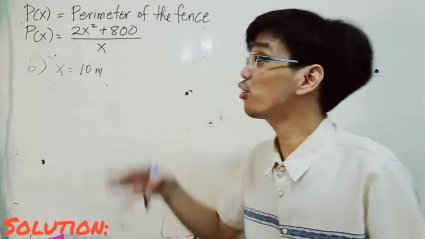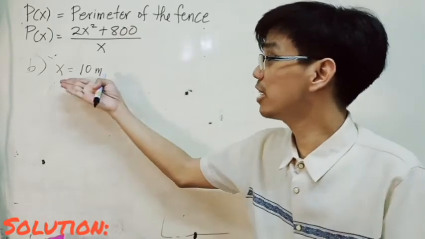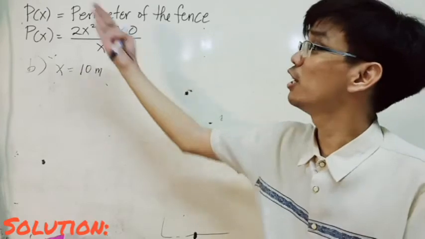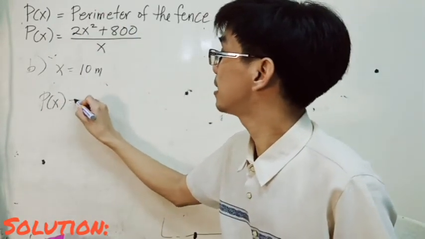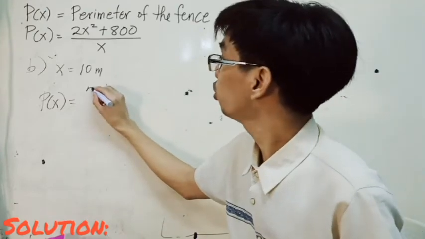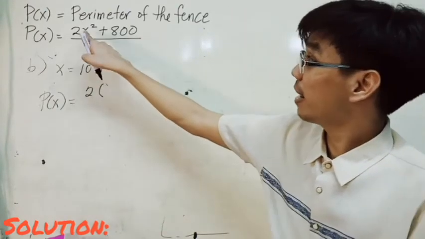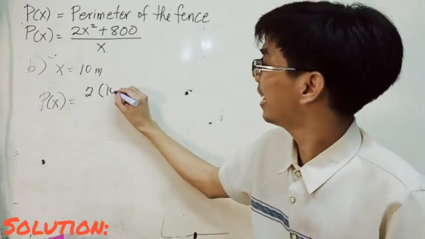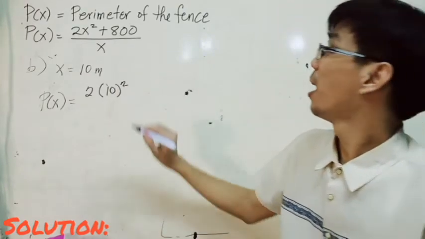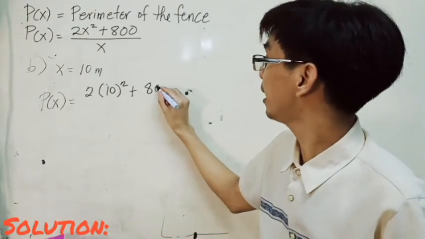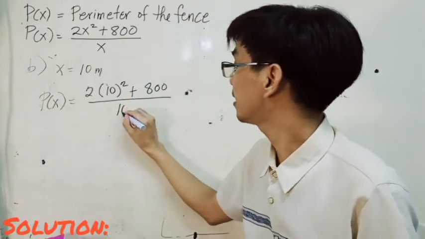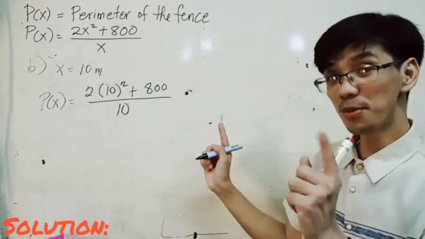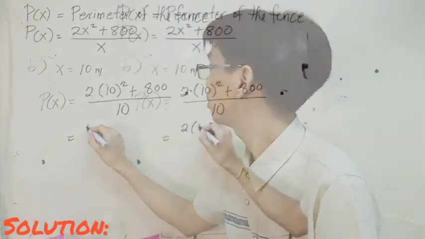All we have to do is evaluate the function, or substitute the given value of x into the given function. Therefore, p of x is equal to 2 times, what's the value of x? 10. 10 raised to 2 plus 800 all over x. What's the value of x? Another 10. So, simplifying this will give us